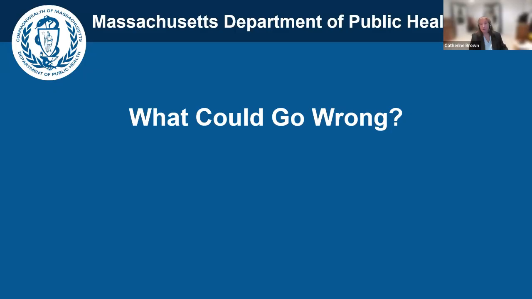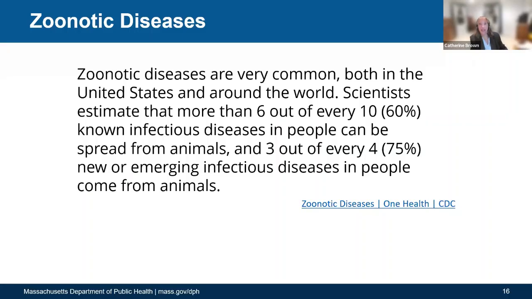All right. So that's the setting. Again, you could probably imagine all kinds of other interactions that we have with animals, either you personally or people that you know. And so what I'm going to ask you is, all right, what could go wrong? And we're going to talk just a little bit about the things that can go wrong. And of course, because I'm trained in infectious disease, I will always love infectious disease the most. I can't help it. It's just what I love. So what we're going to do is talk about zoonotic diseases.